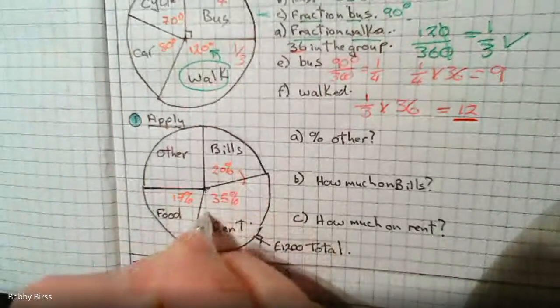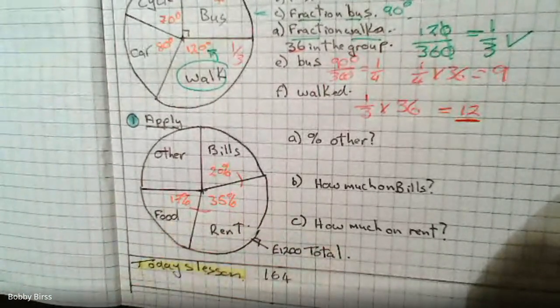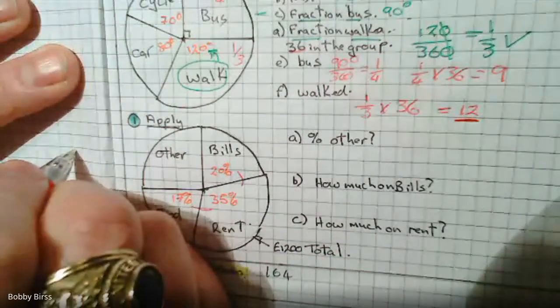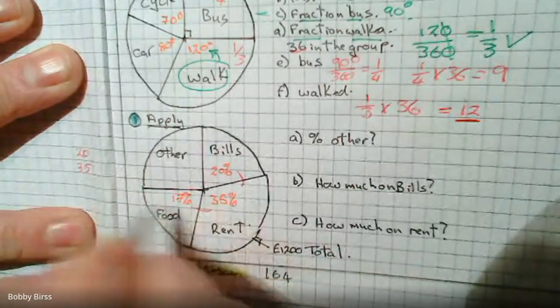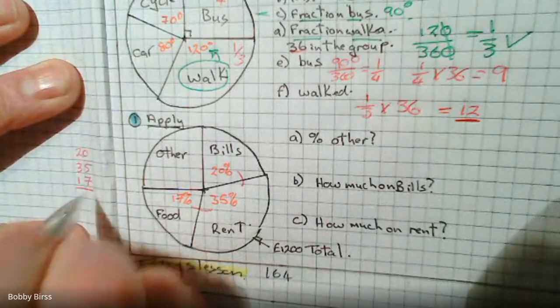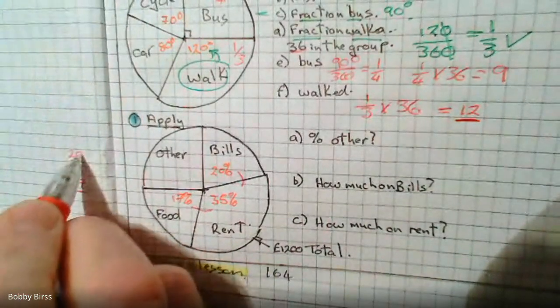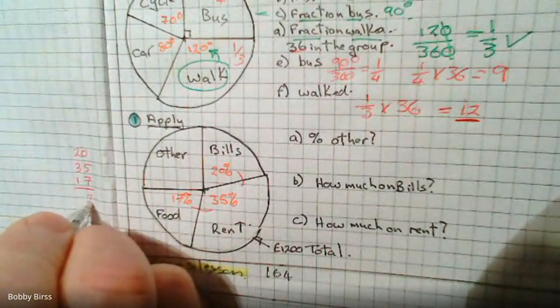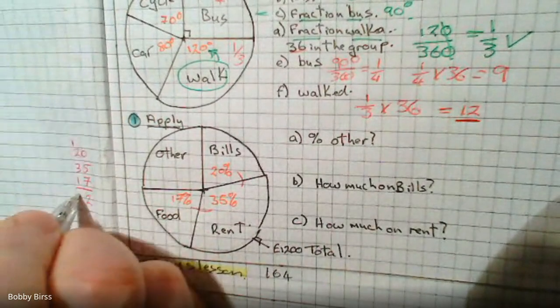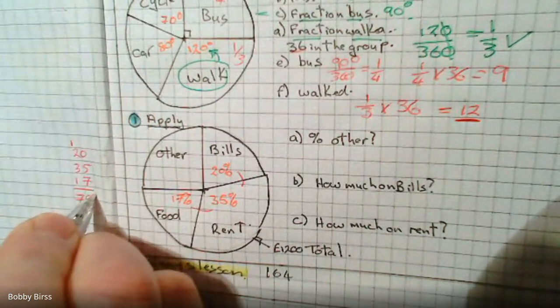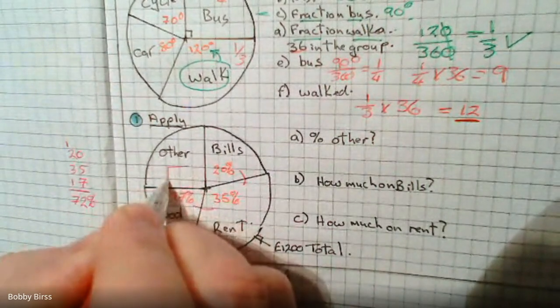What percentage is other? Well, what I need to do is add up the 3 percentages there. So I need to add 20, 35, and 17. 0 and 5 and 7 is 12. Your 2, carry the 1. 1, 2, 3, 4, 5, 6, 7. If you're 72%,